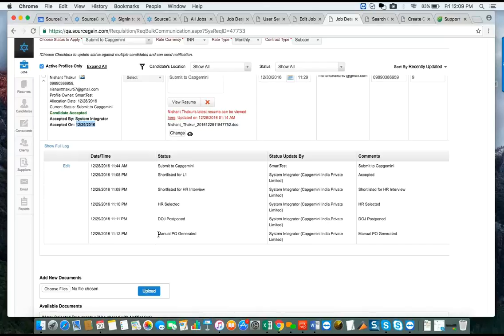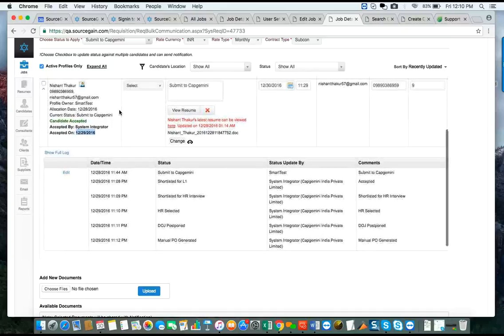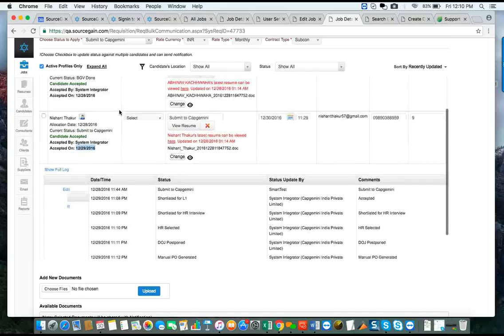Then finally, when it reached manual PO generated, it automatically sent an email to the supplier with the manual PO as a PDF, which clarifies that you can initiate the offer process and we are ready to go with this candidate for final deployment. So when this person reached manual PO generated, and when saying to do the BGV as well,